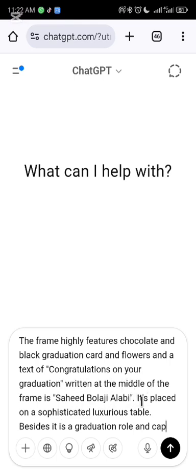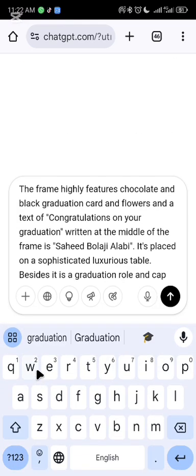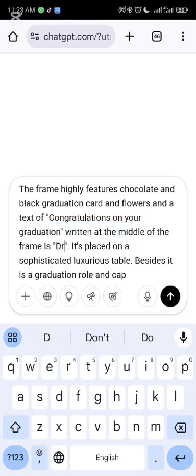In my own case now, I can edit it to suit my purpose. The word that is very, very important here is congratulation on your graduation. So if your friend is doing graduation, you can use graduation. If it is any other thing, you can change it. Exactly. The name also I can change it, like